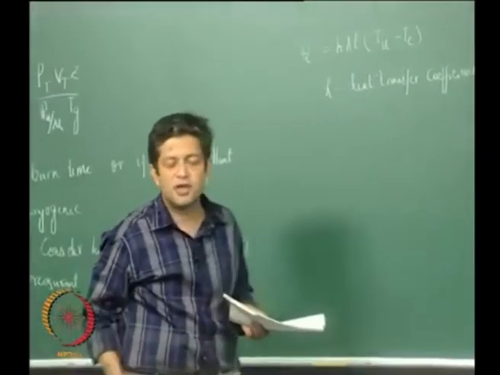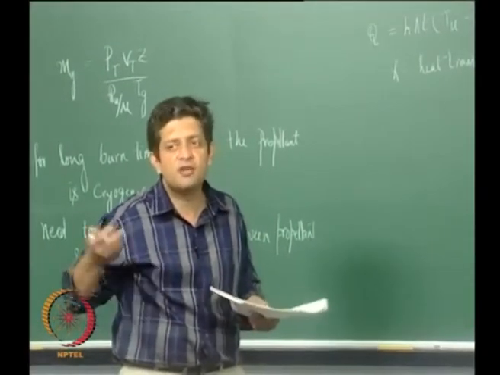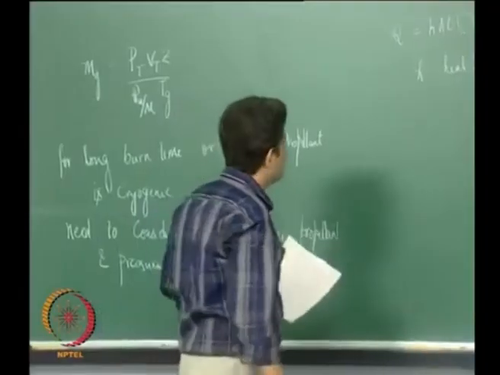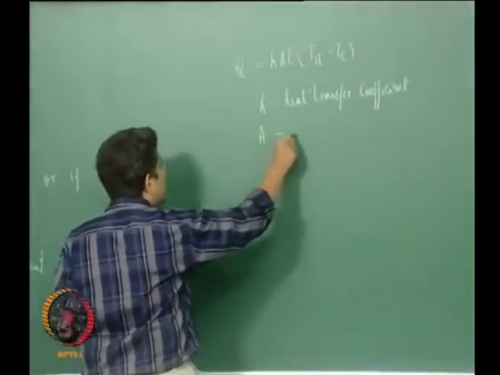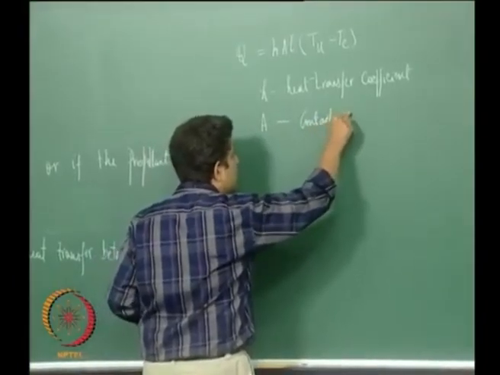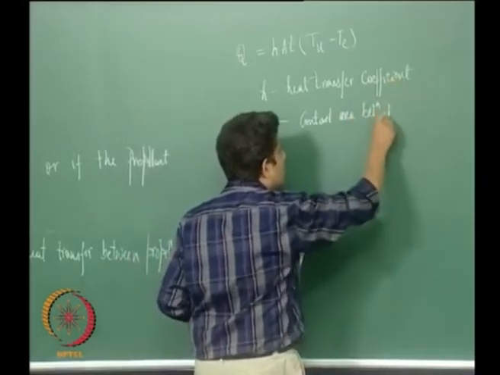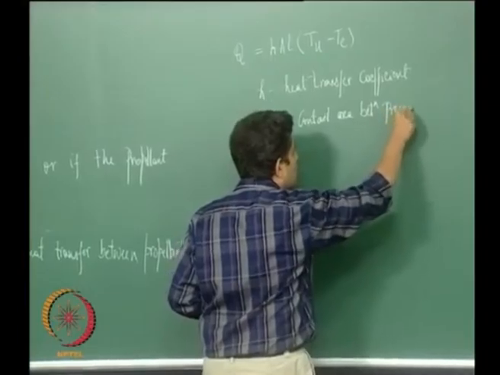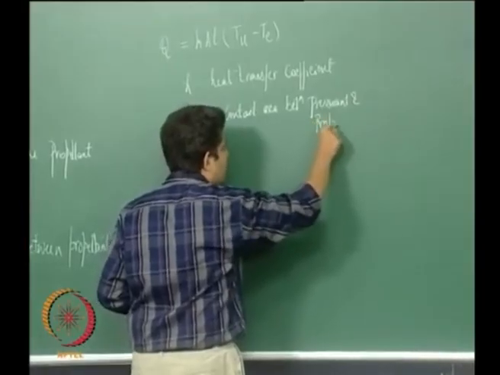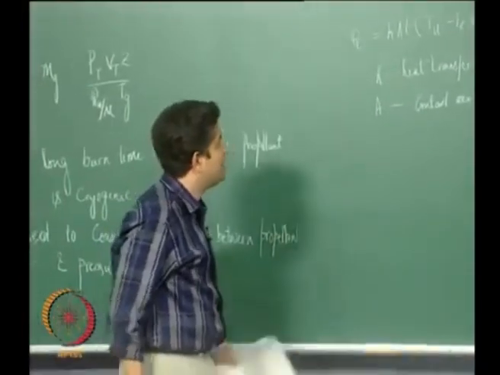This is for a case wherein mostly there is a very little flow rate of the pressurant gas. A is the contact area between pressurant and propellant. Okay. Then T is the operation time,